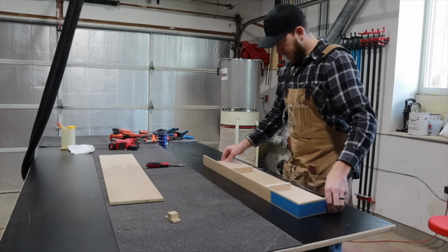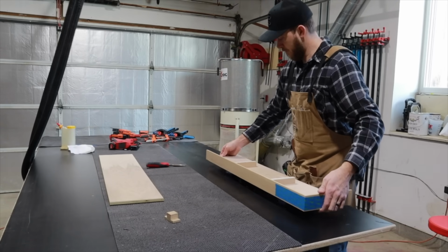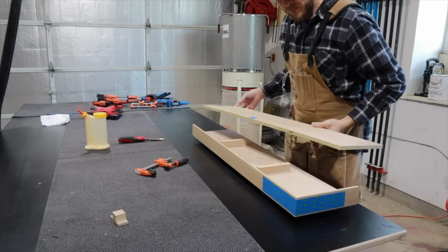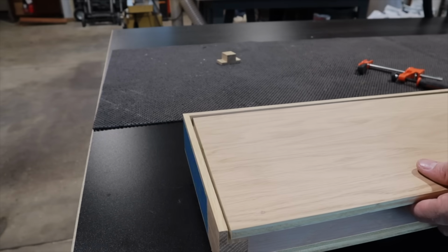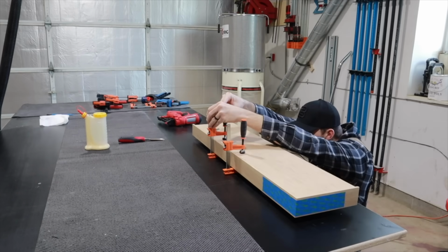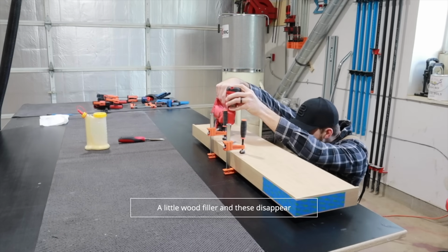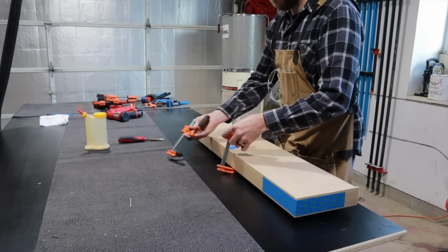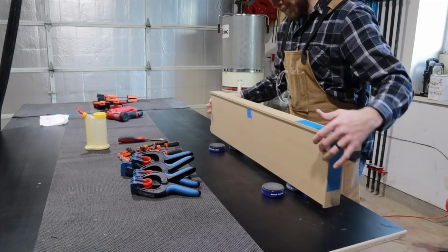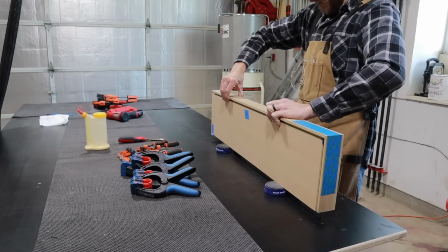Now that the brackets are complete and my miters are dry, I can do final assembly on the floating shelves. The first thing I like to do is apply a little bit of glue to those internal supports and then grab my top piece, slide that into place, and make sure that everything's lined up. And then I throw a couple clamps on and pin nail through the top into those supports. What this does is align that top and bottom panel, but it leaves that front-facing piece free,